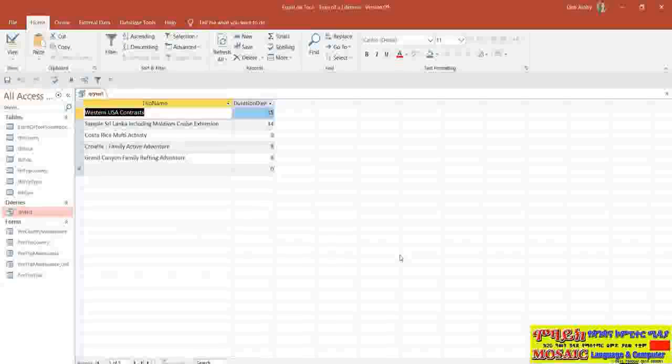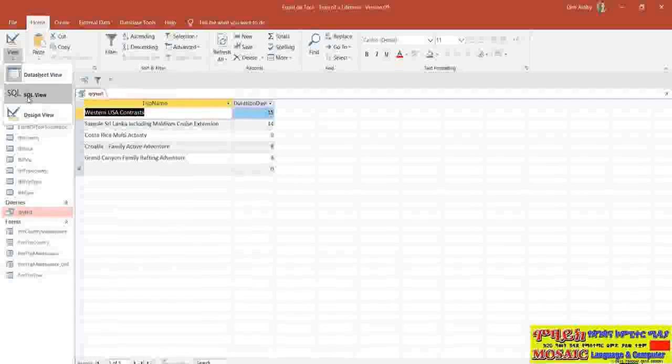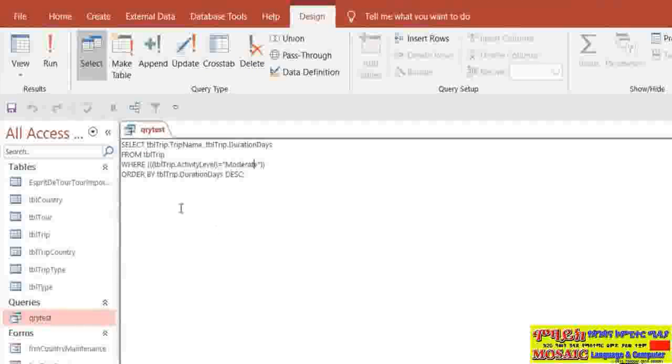And there we go. So let's jump in and take a look at what the SQL looks like for what we have now. So what you can see now is that we have an additional WHERE clause that's been added in. So WHERE trip.activity_level equals moderate. And what I'm going to do here is add an additional piece of criteria. So in between these two round brackets, I'm just going to click in between them and press my space bar. So I'm going to say AND